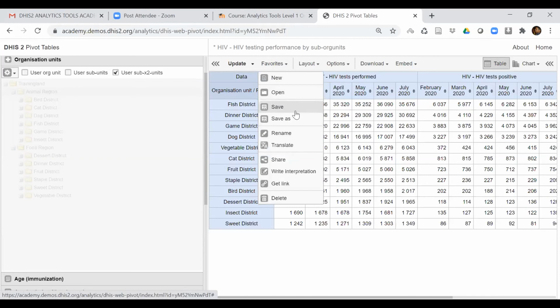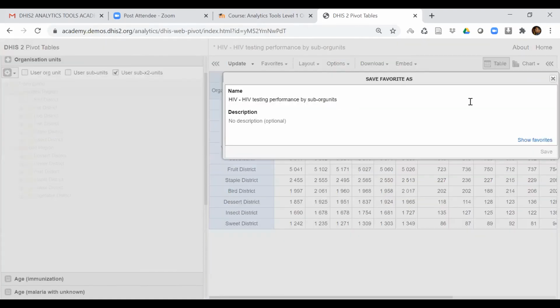Or as I have done some modifications, I'd like to save this table with another name using the save as option. Just change the name. So you have another table saved under a different name.